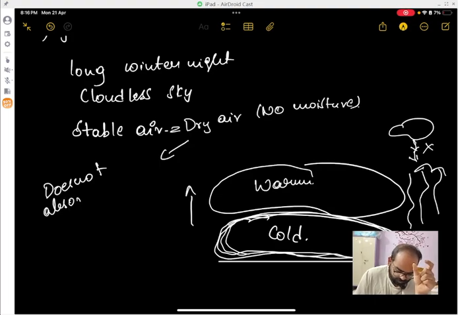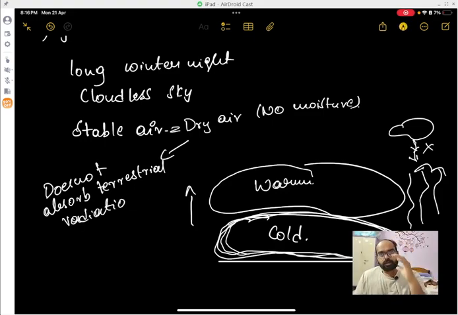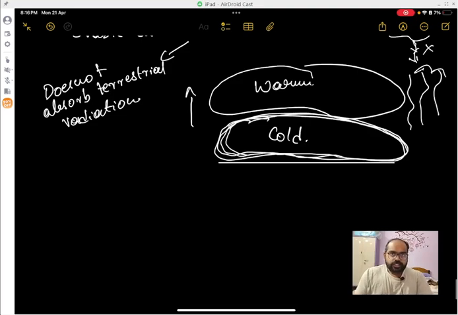terrestrial radiation, and it is easier for terrestrial radiation to escape away from the ground, and a layer of cold develops at the ground, and the upper layers would be warmer because of the terrestrial radiation. So during long winter nights, we observe this in the early morning, and